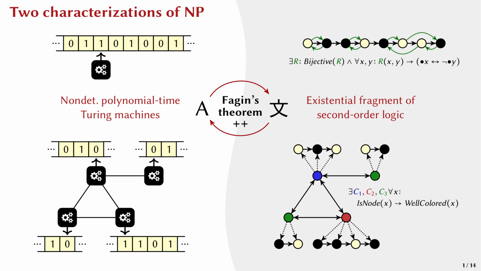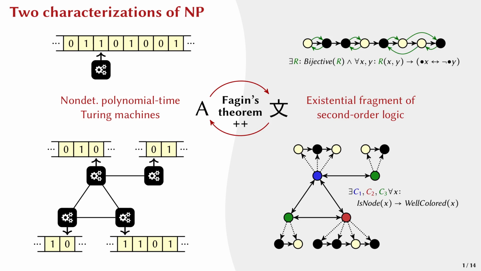It's more like an exercise in reverse engineering, where I already knew more or less the kind of theorem I wanted, and only afterwards came up with the matching definitions on the left and on the right. So that's not a particularly interesting story to tell, but it can be the starting point of a more compelling story. And in the rest of this talk, I will show you how Fagin's theorem has led me to perhaps a new way of measuring locality in distributed computing.